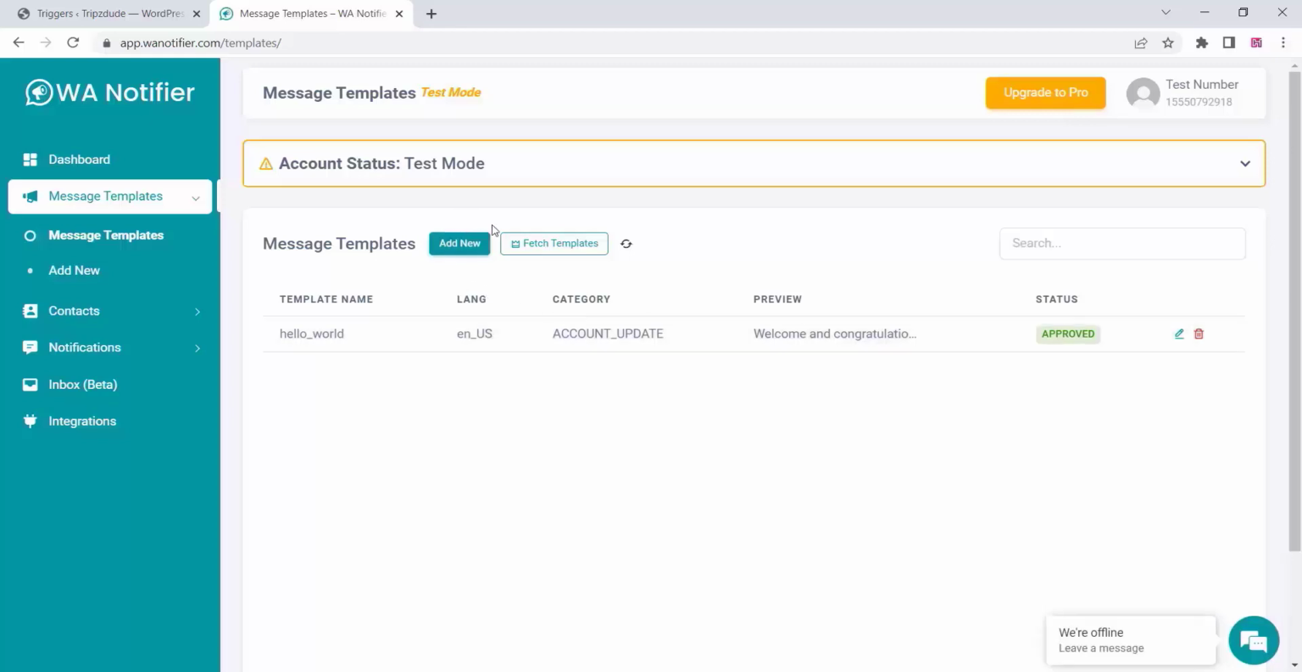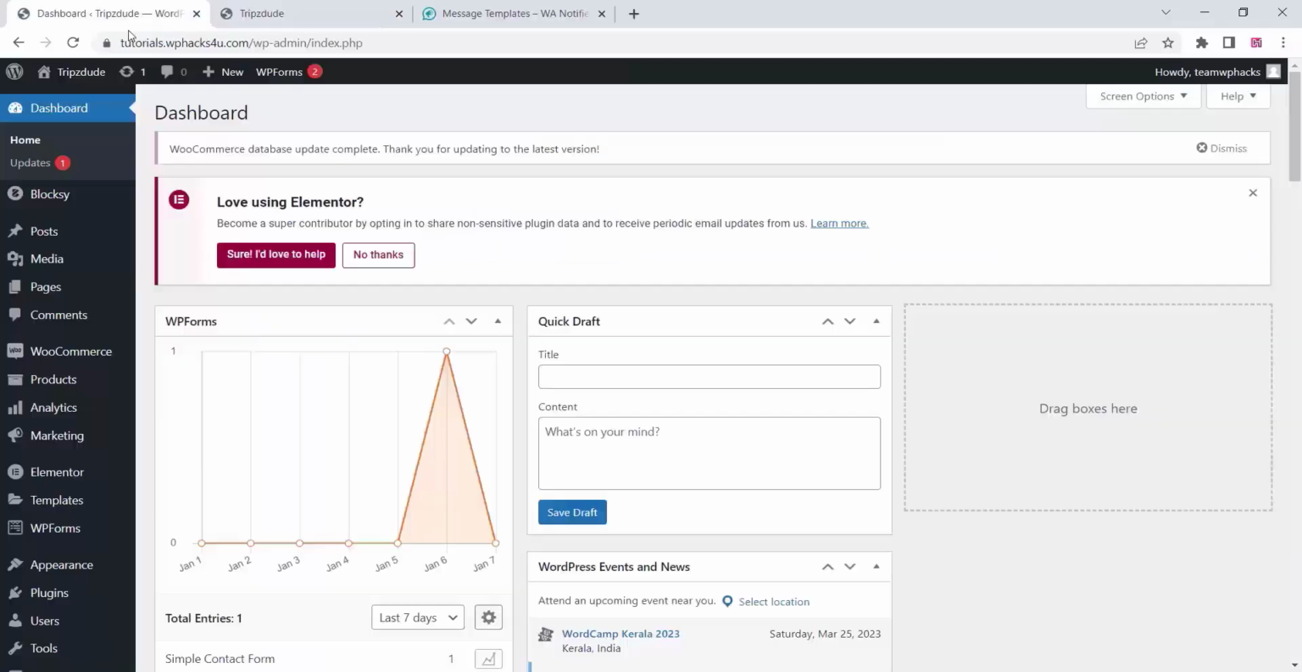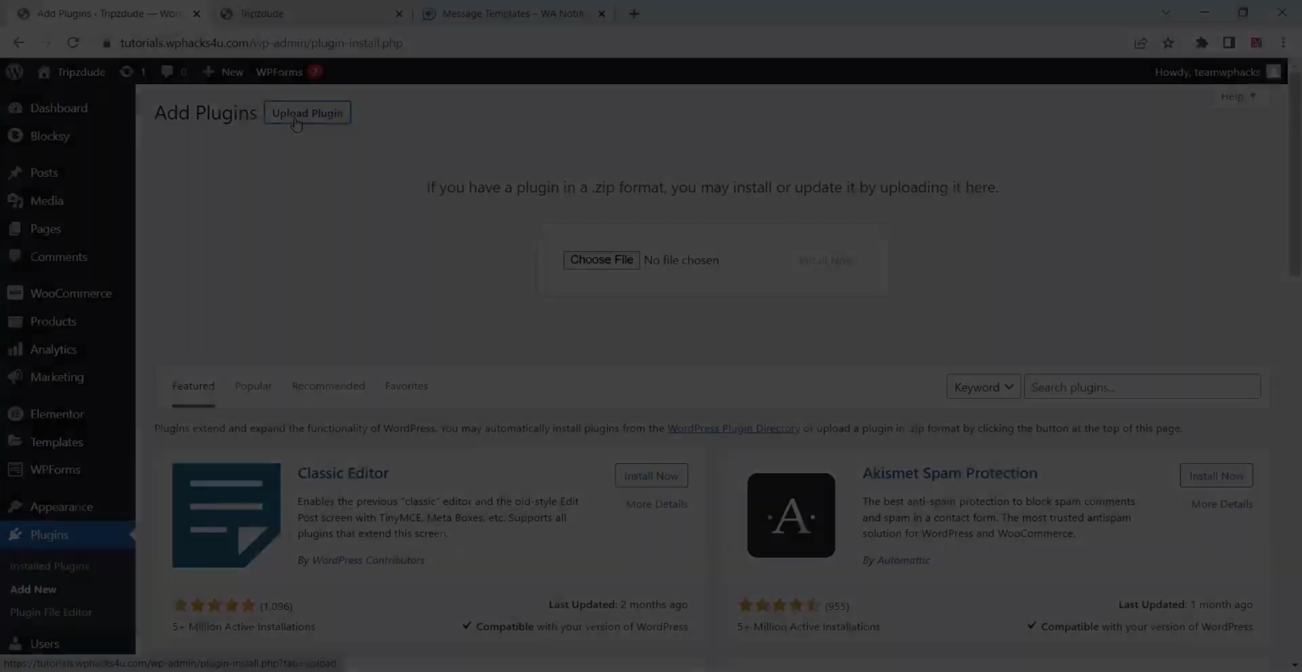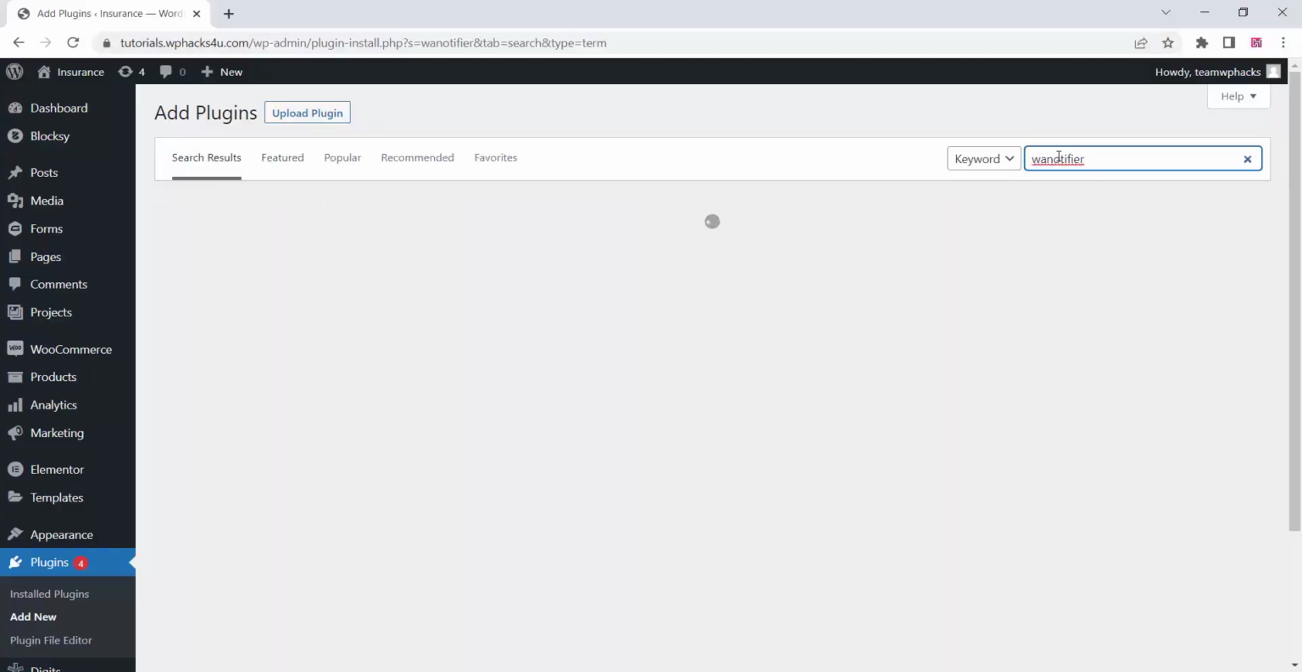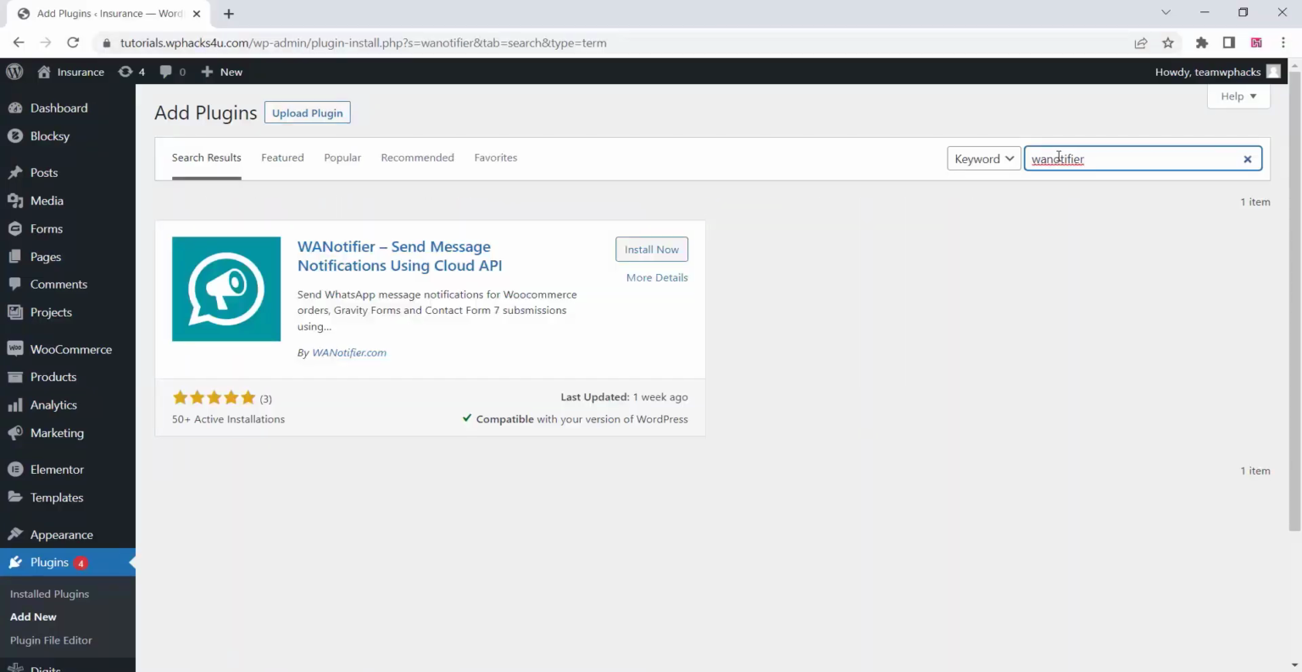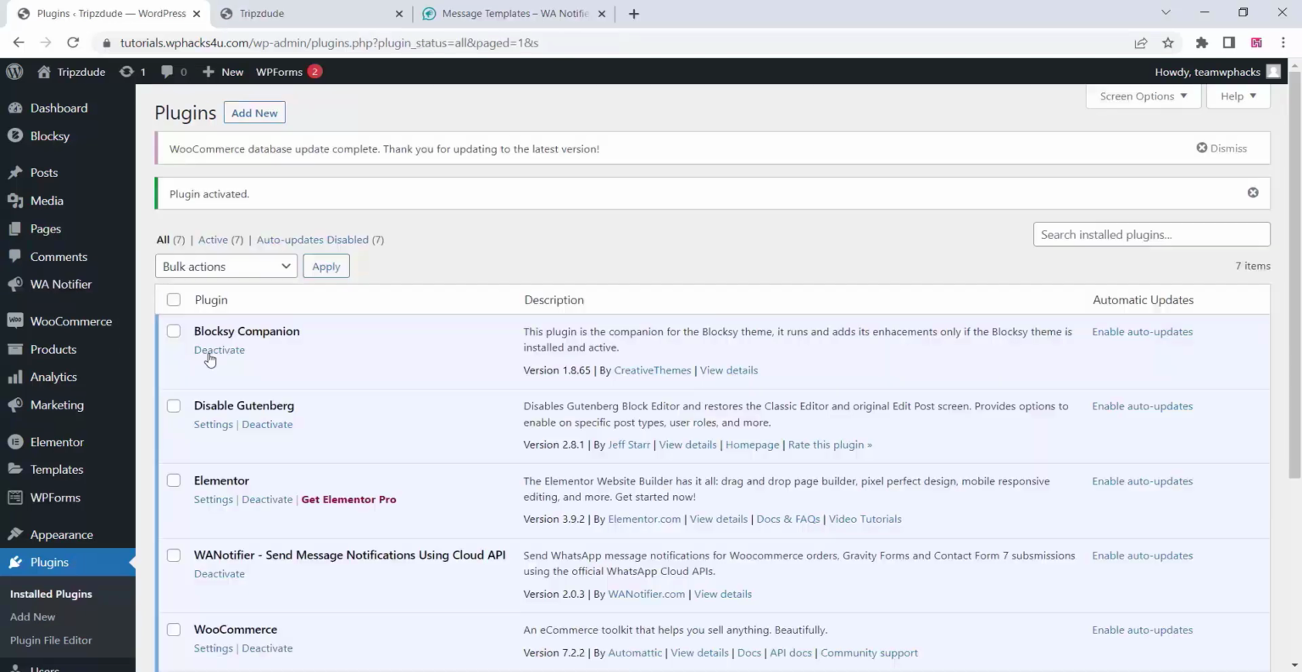So first you need to get approved from the Facebook and come to the plugin section and click on add new. Search for Wanotifier plugin. As you can see, Wanotifier plugin is available on the WordPress directory. You can install and activate this plugin and just click on activate the plugin. Now you can see the Wanotifier option on the left hand side. Just click on there